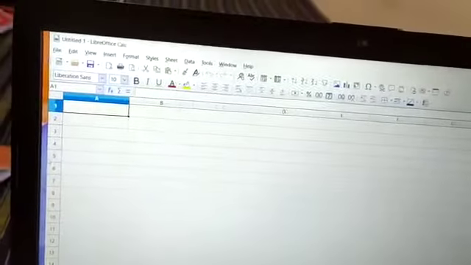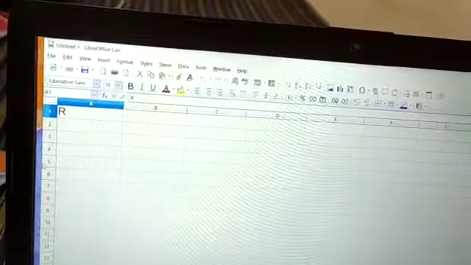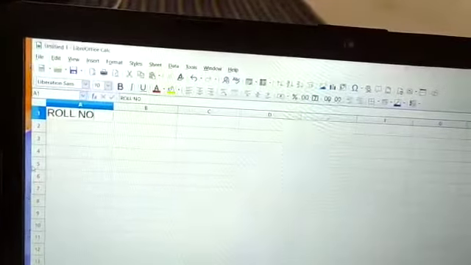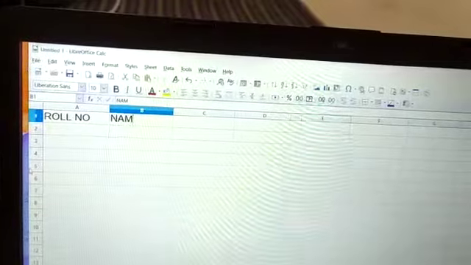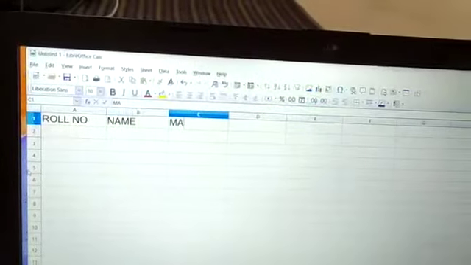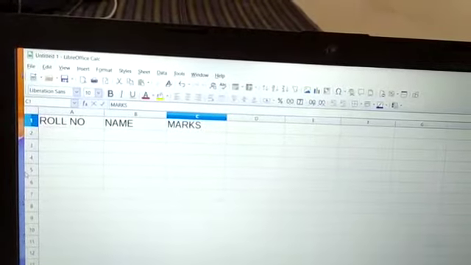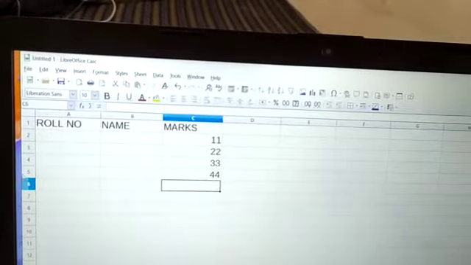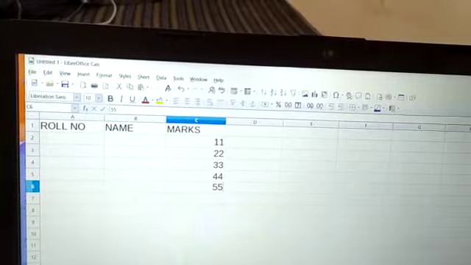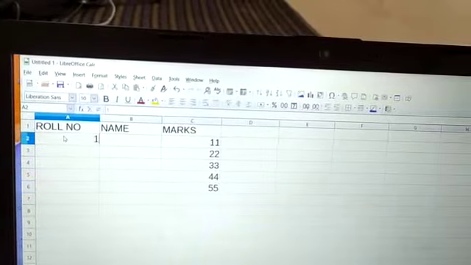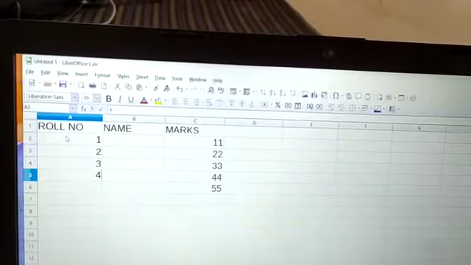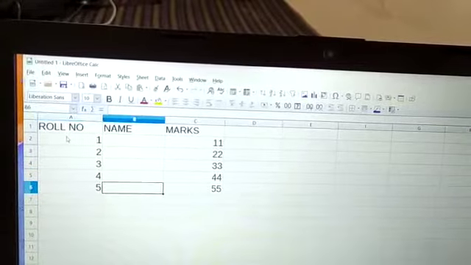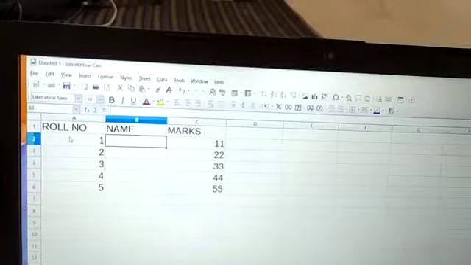Suppose that this is a document and I make one table here that has roll number, name and marks. Clear? And here roll numbers are... I am also going to write name.